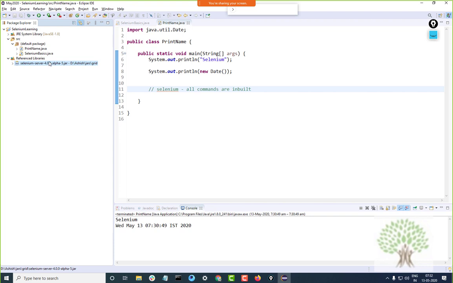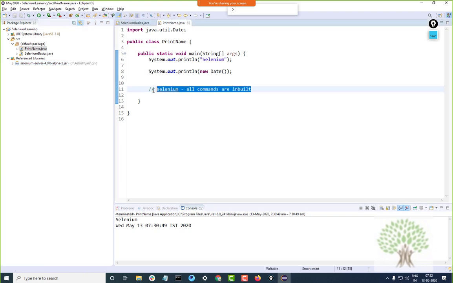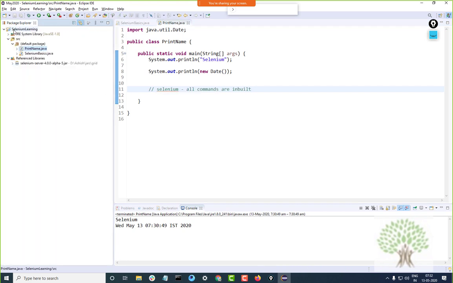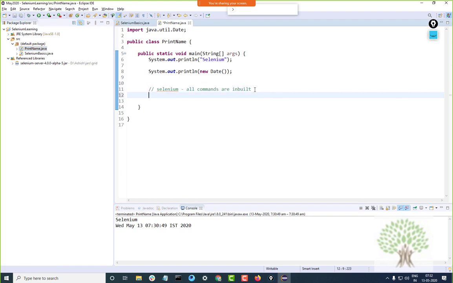That means your project is Selenium enabled. Selenium is not installed. There is no exe for Selenium. You just have to include this jar having different features. All the commands will be inbuilt in Selenium and they will be using the features of this jar file. For example, on my PC, if I write new ChromeDriver,